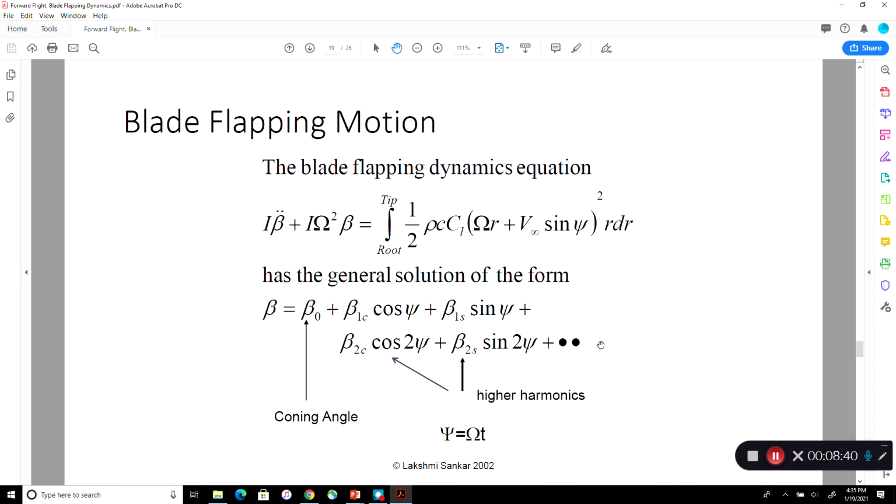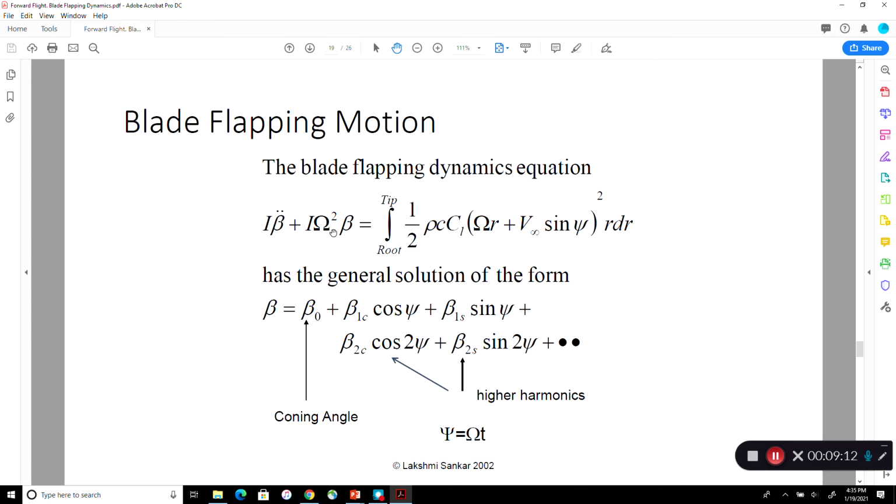Now we are coming back to our original equation. So we are going to try to get a flapping dynamic solution. So what we would do is we'll assume a harmonic balance approach. Instead of solving this numerically as an ODE, that can be done. Some of the comprehensive codes I mentioned to you would do it numerically, but they would also have a harmonic balance as a choice. Harmonic balance simply means you assume a solution of some form, throw it on the left side,